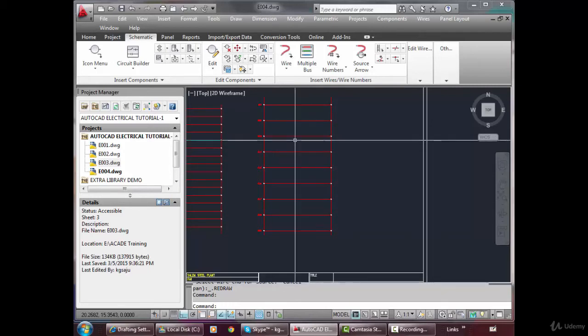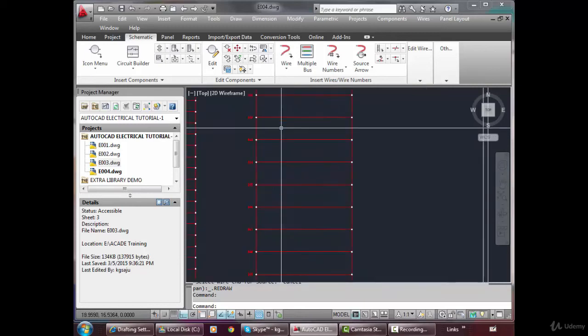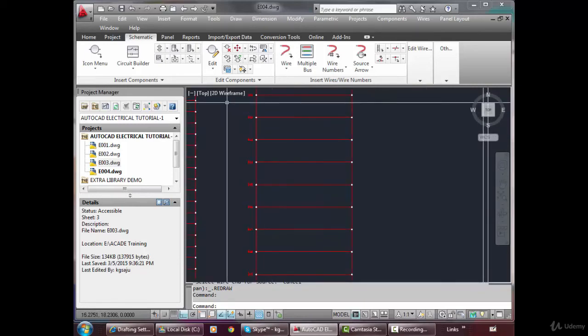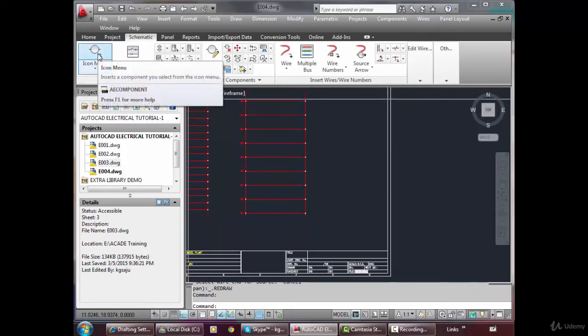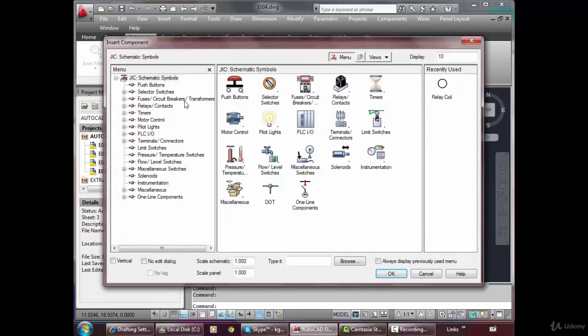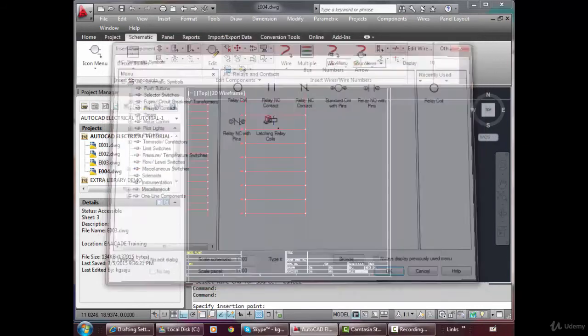That is mainly of ladders. How it is helpful? Let us see. Suppose now I want to put many numbers of, say, 8, 9, 10 numbers of relays, control relays in this ladder. Second one. Okay. Now I am going to icon menu. I go to relays, relay coil.